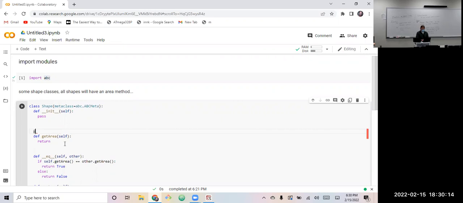So at abc.abstractmethod. You notice there's abstract class method, abstract property. So there's other parts of abstract too. We're just quickly introducing the idea of it here, so you're not confused when you see it in another class.